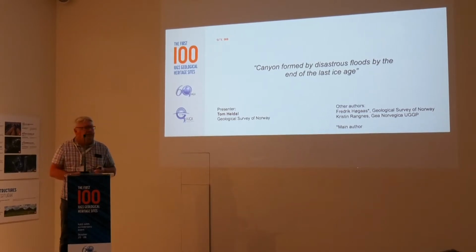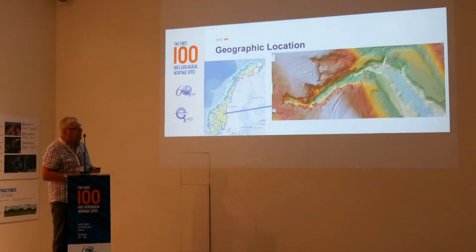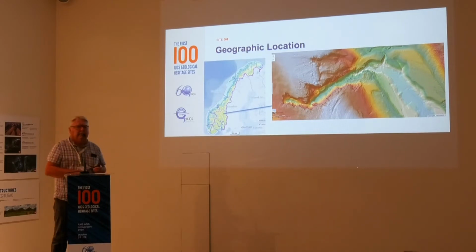My co-author, Fredrik Høgås, also at the Geological Survey of Norway, has been contributing with the final new science to make this the final pieces in the puzzle. The geographic location is in east central Norway, in the mountain areas, and what we may see